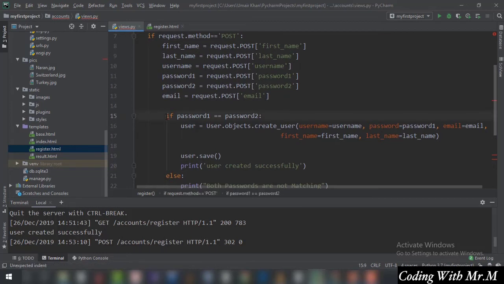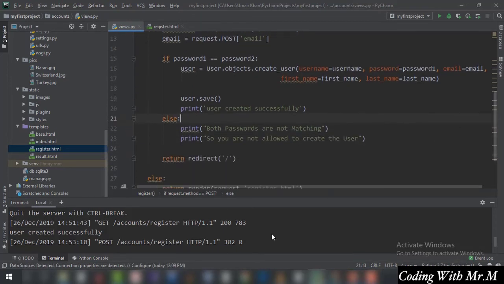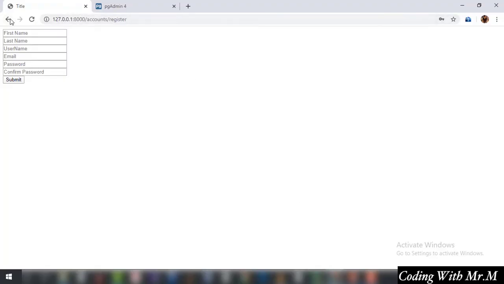We need to just align it with this, and we have to align this else with this line as well because it is a part of this if over here. So I guess that's good enough. So let's just now, all right, our server is already running, so we have to just go back,